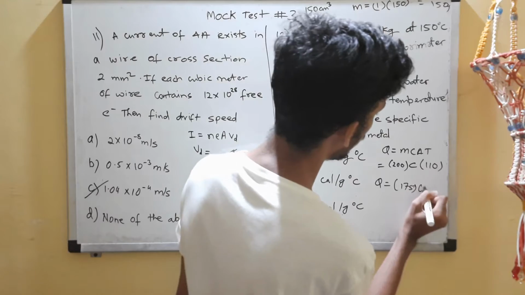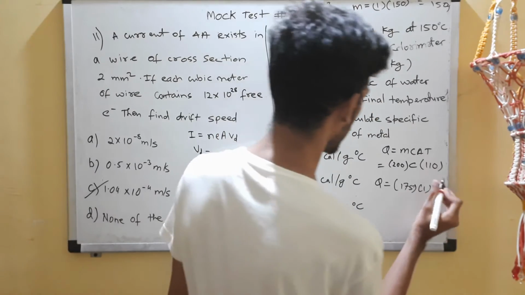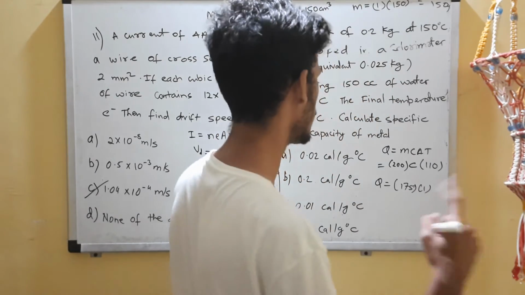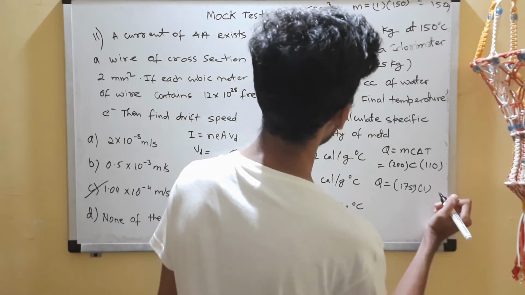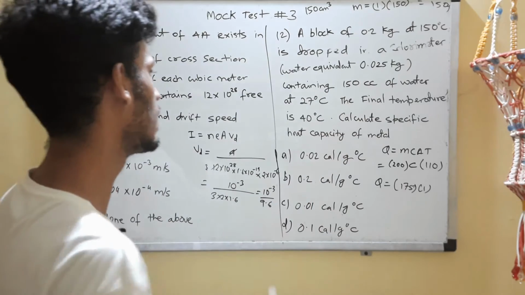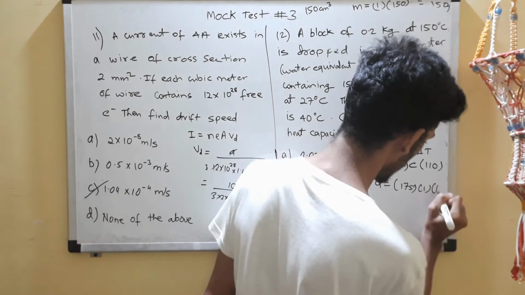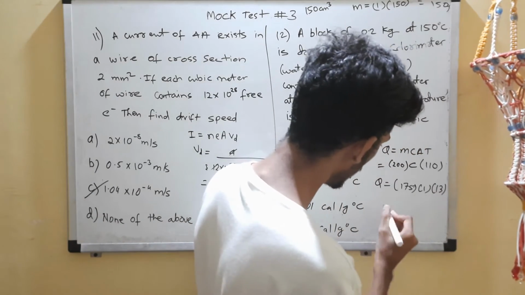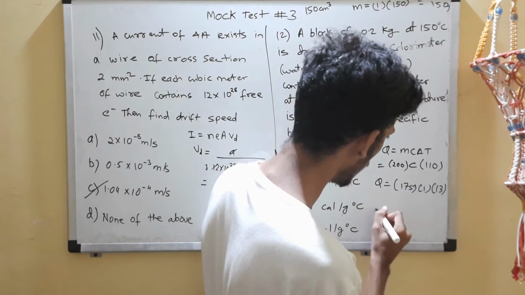And C of water is 1, right? Specific heat capacity of water in CGS is 1. Delta T, change in temperature. So from 27 it went to 40, so that is 30, okay. So you will have to equate this to now 200